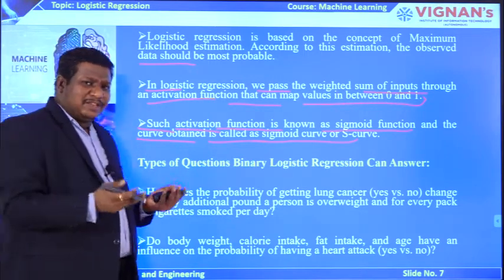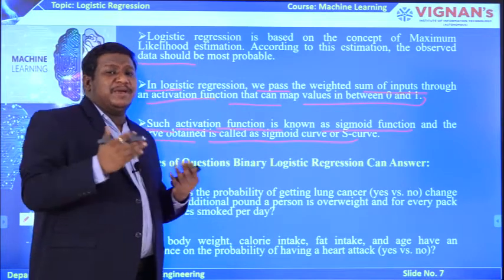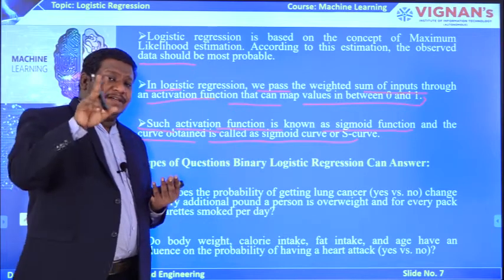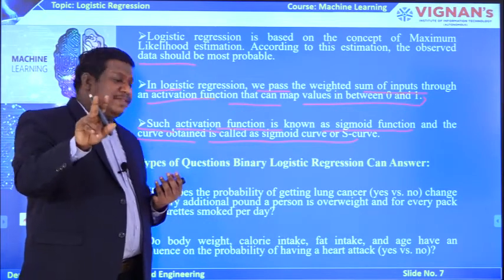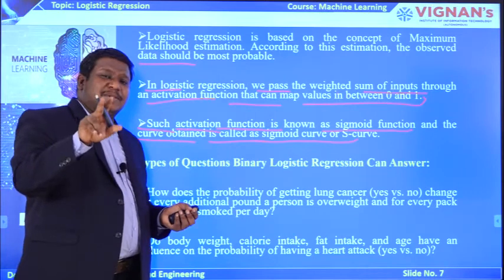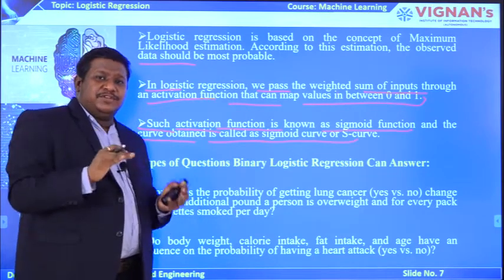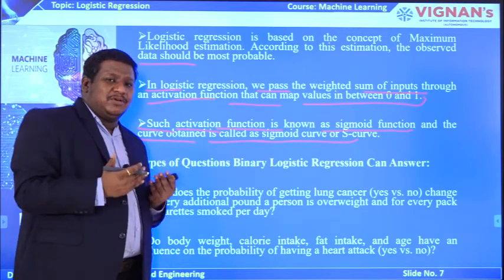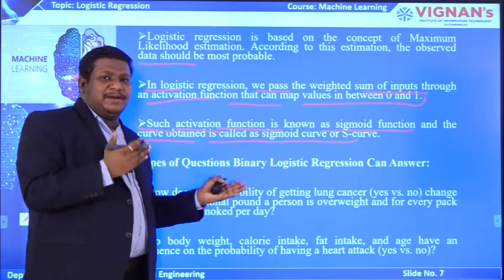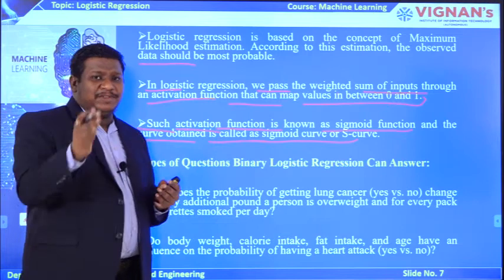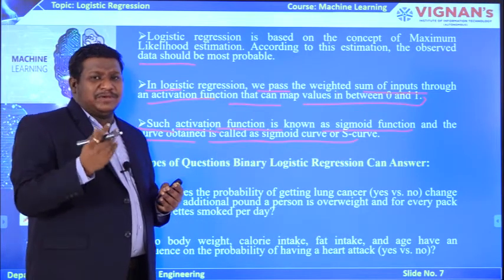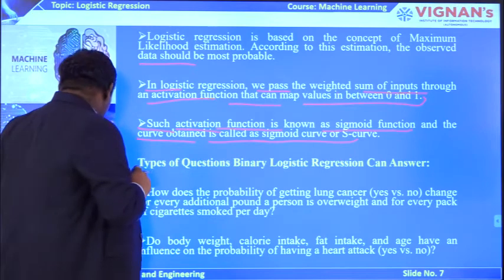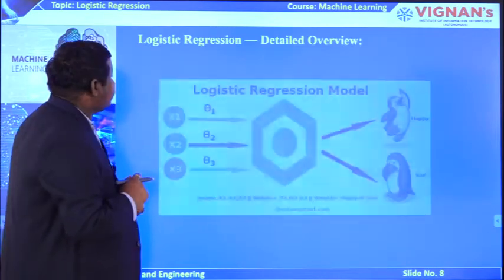By observing all these things, definitely the person may not get a heart attack. But if you observe the answers, the person may get a heart attack or not, based on his habits. If the habits are good, he may not get it. If the habits are bad, he may get it. If you observe this pattern of answers, we are observing only two types of answers for that question. That is the nature of logistic regression.